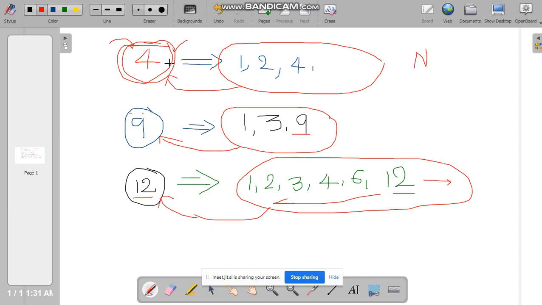Now see, if you want to define the factors, the factors of numbers are the multiples of the number. 4 is a multiple of what? 1, 2 and the number itself. For example, for 9, 1, 3. Start with 1. Each and every number is a multiple of 1. Yes or no? In one table, each and every number will come. 1 is common in all the factors. The remaining numbers you have to decide.